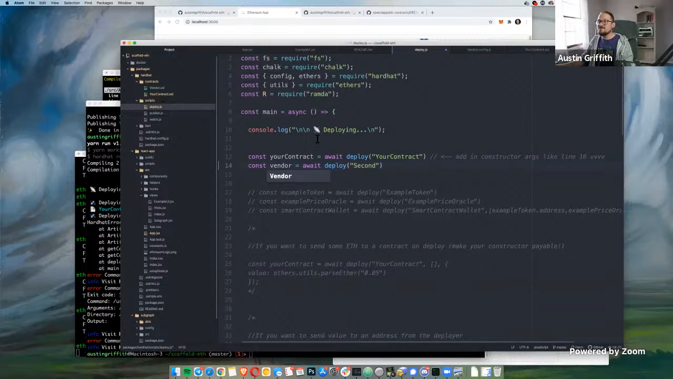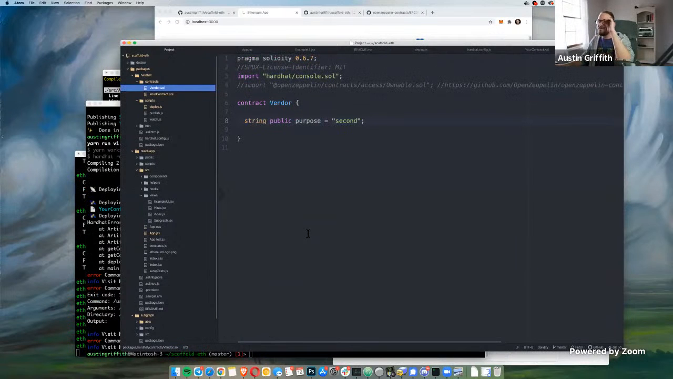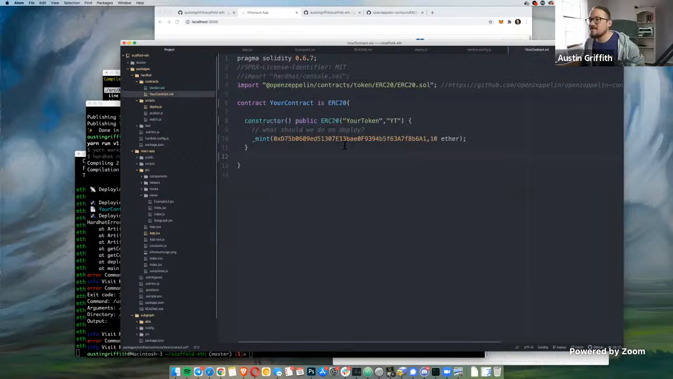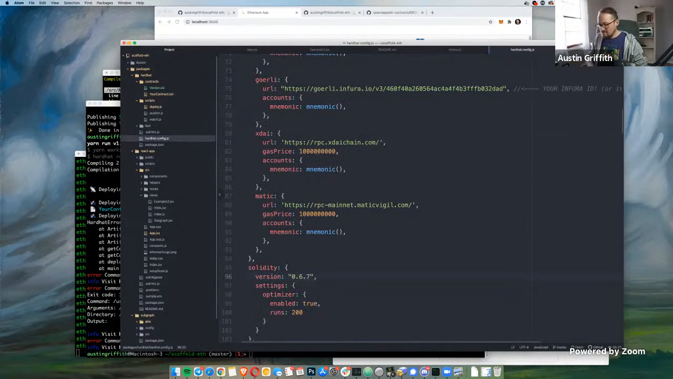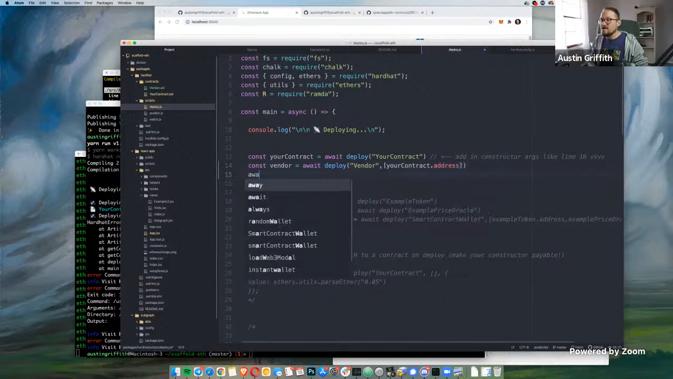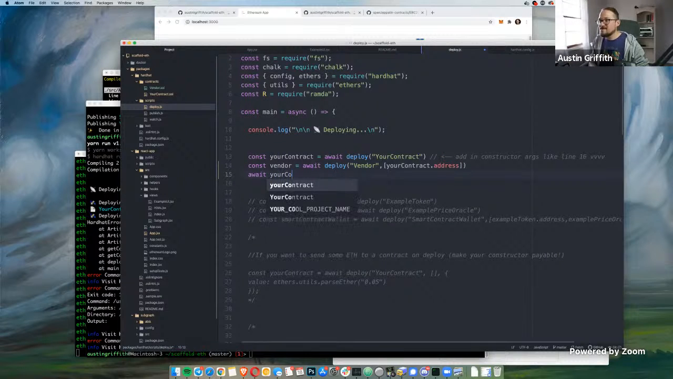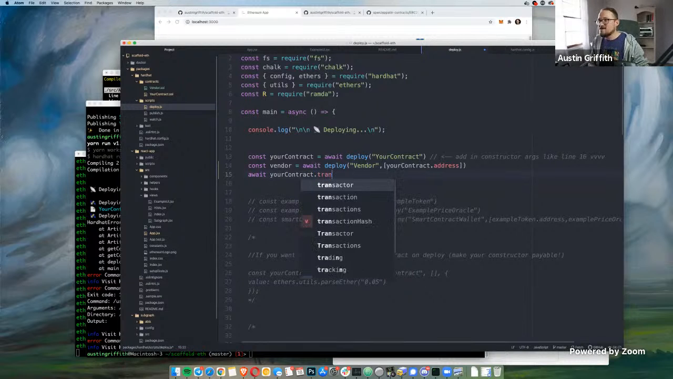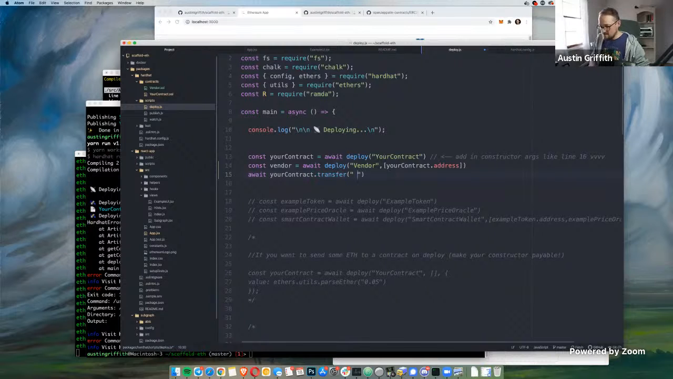What I want to do is, instead of minting to myself, I want to mint to the vendor. So here's what we'll do. We'll mint to the message.sender. Then in our deploy script, we'll mint the vendor, and the vendor is going to need to take in the contract address. We'll get to that. But then we're going to need to await the your contract, which is our token. I should have just named it your token dot transfer, and we're going to send all of it